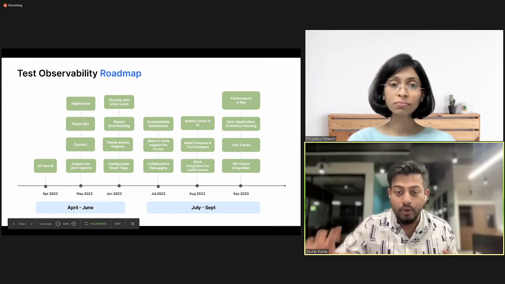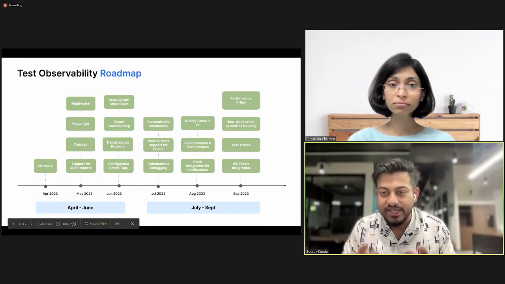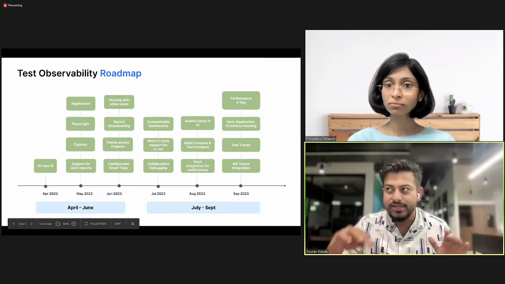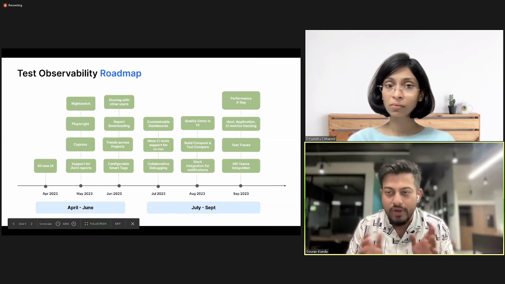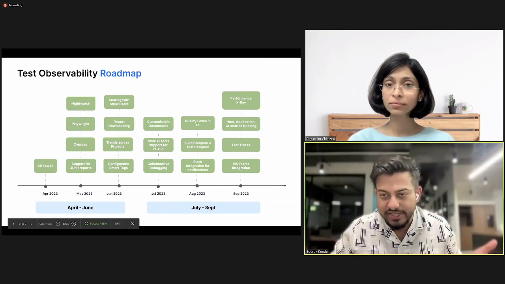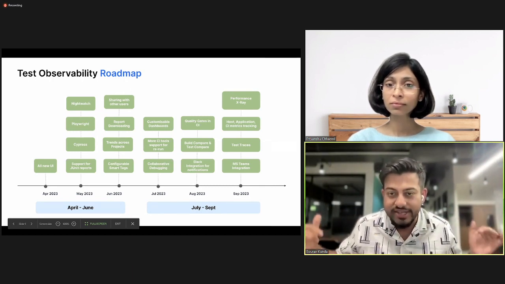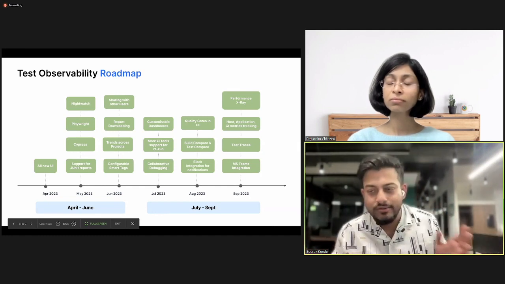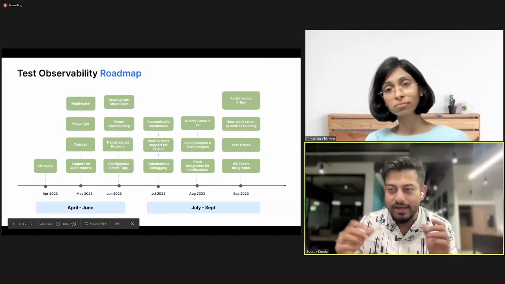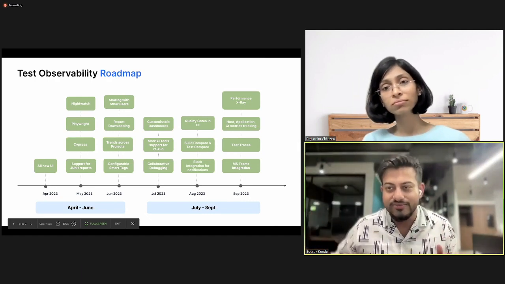We want to build more advanced capabilities, like host metrics, application metrics, CI metrics, like what is the CPU utilization, what's the RAM utilization while your test was running, right? So that you have even more visibility into tests. We also want to have entire end-to-end tracing of tests, test compare, build compare. So the list is endless. What you see here is just a small segment of all we have in plans for test observability.